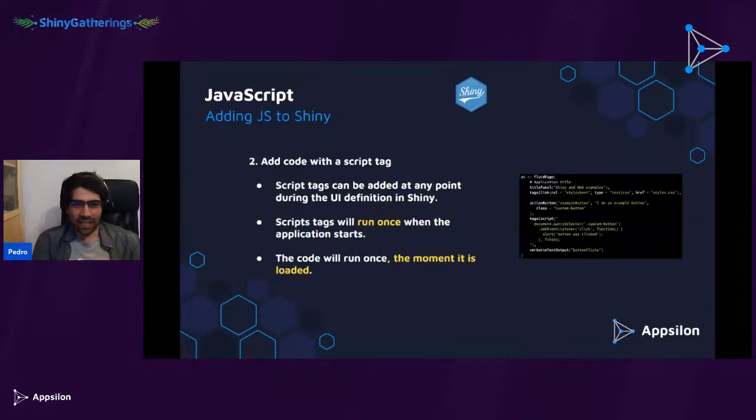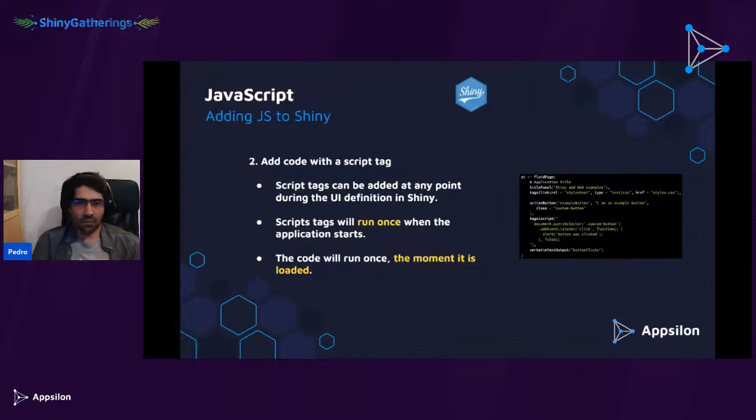There is one thing to mention here. Script tags can be added anywhere in the UI with any bit of code. They will run once, so whenever they get loaded, they will run. In this case, this script tag will add the event to that HTML tag. Another thing is they will run by the order of execution where they are.